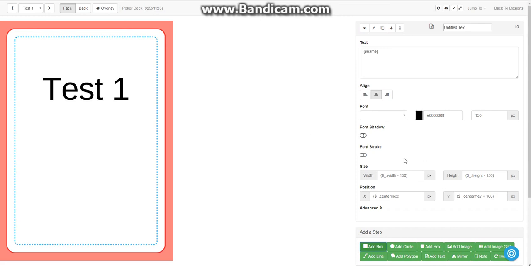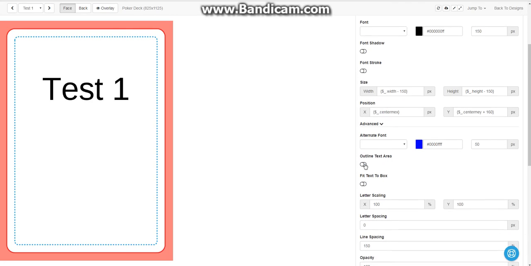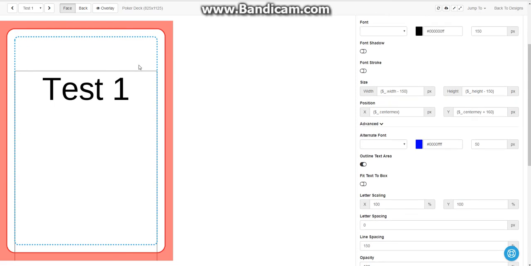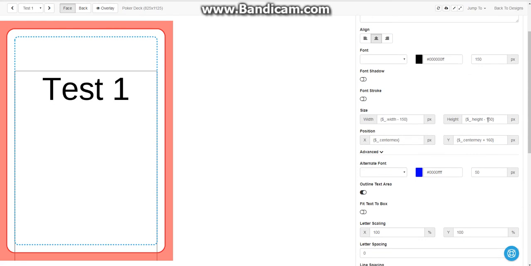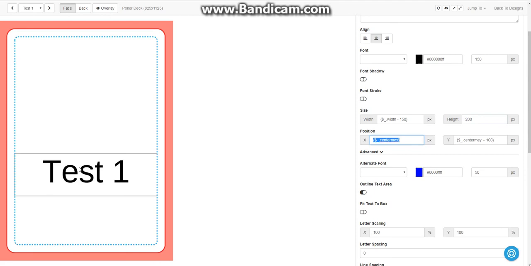So now, if we open up this advanced tab, we can add this outline. That'll show us what the actual size of this text box is, and notice it's going way off the bottom. So we'd probably want to make this a little bit bigger here, even more. Let's just make it total 200 tall. So there we go,